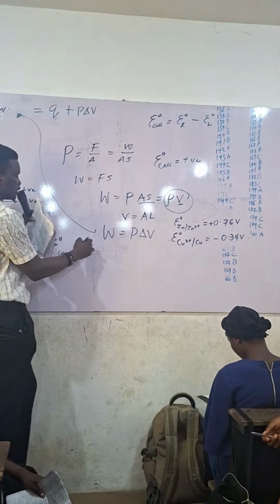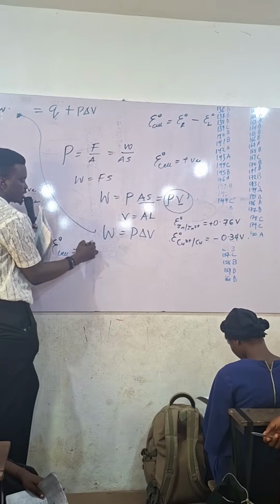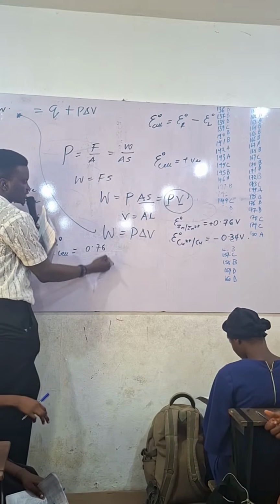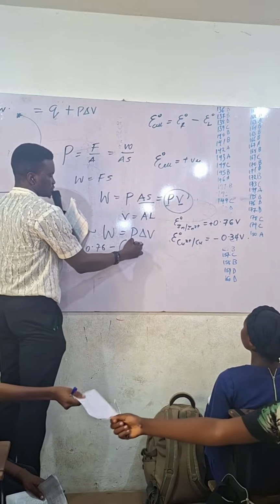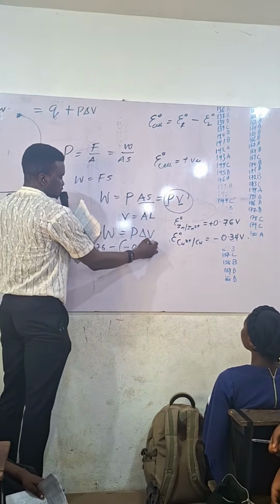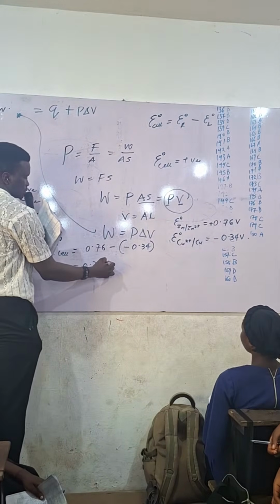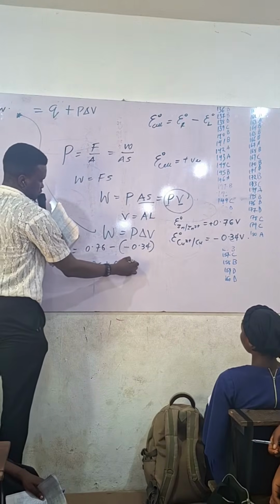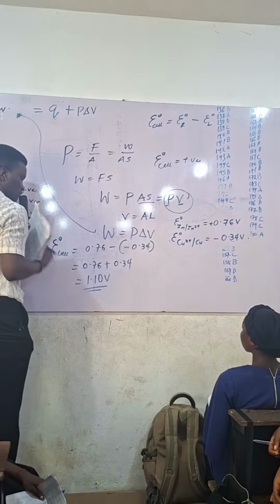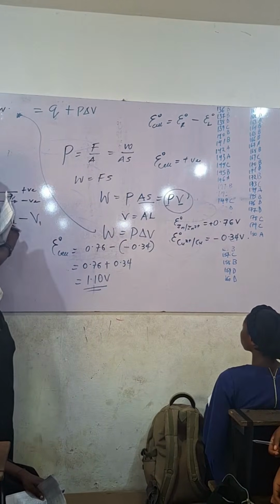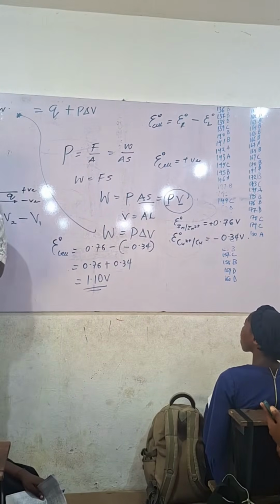But your E naught right, that is going to be zinc, and is the one in the oxidized state. That's 0.76 minus